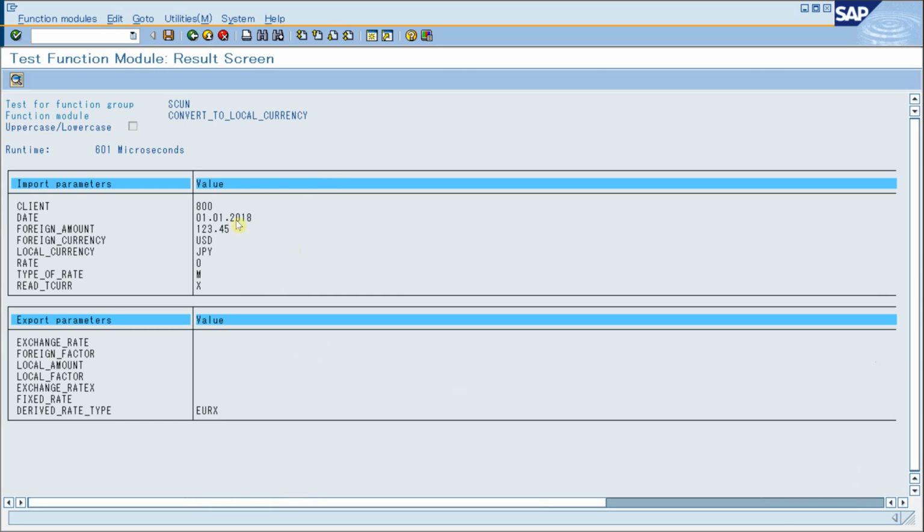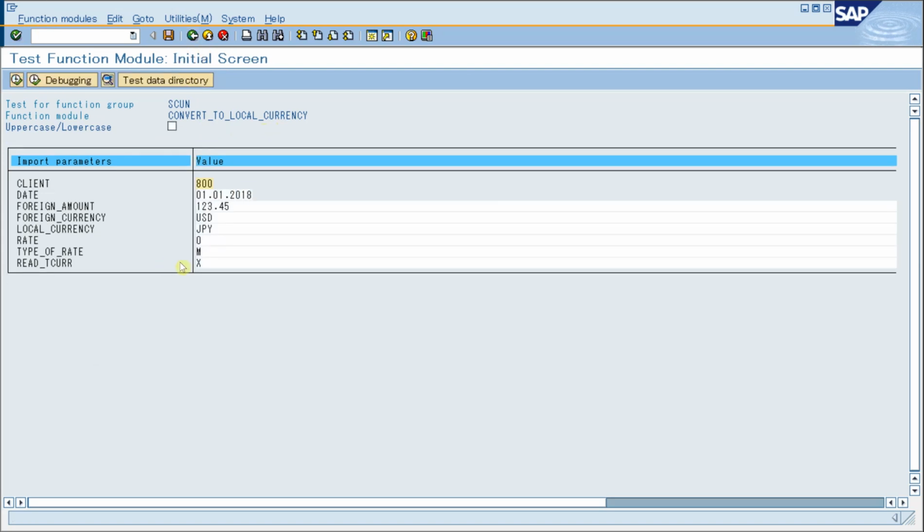So by using this function module, we can change the amount from a different currency,